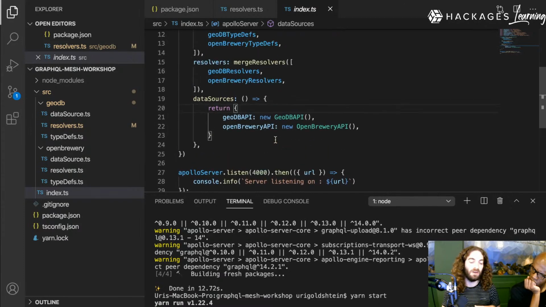Now, it doesn't matter how many more teams we have, or if we're a big corporation or whatever, at the end of the day you get to work separately, and you don't need to add the overhead of schema stitching or federation. So it's a point that I think people should know in the community, that you don't have to